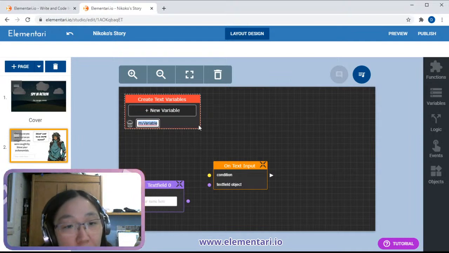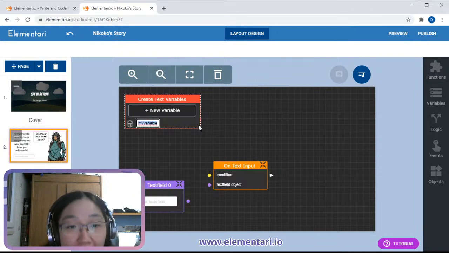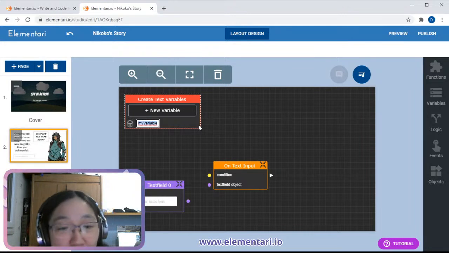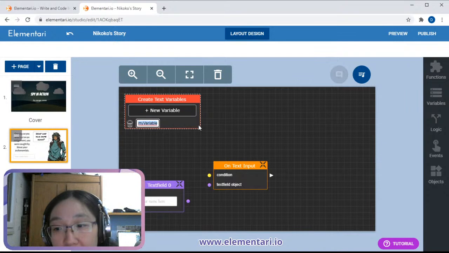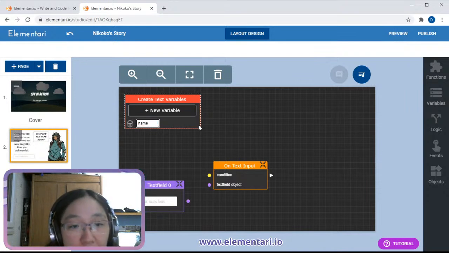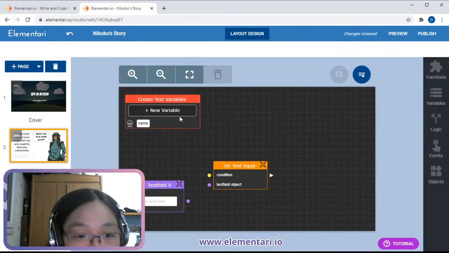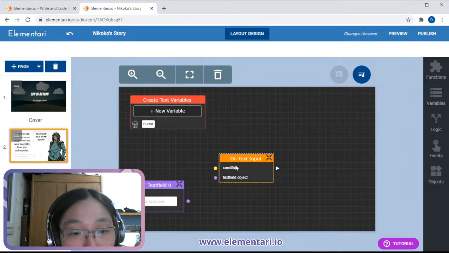It could be, if you're talking about vegetables, a carrot or a potato. In our case, we're going to have a variable named name, and name is going to hold the value of whatever the user has typed in. So whatever your player has typed in, we're going to set.